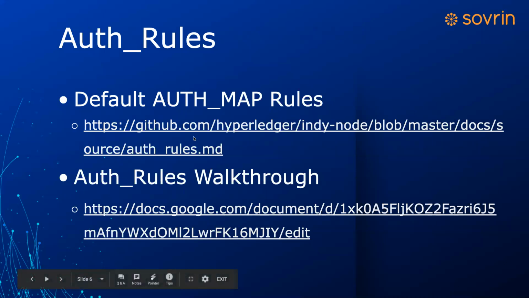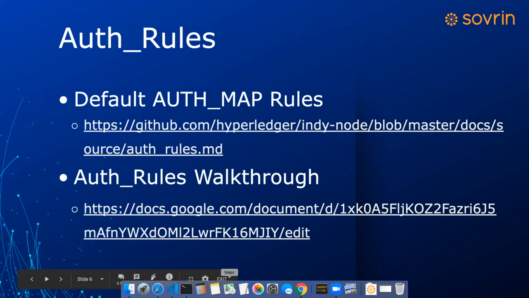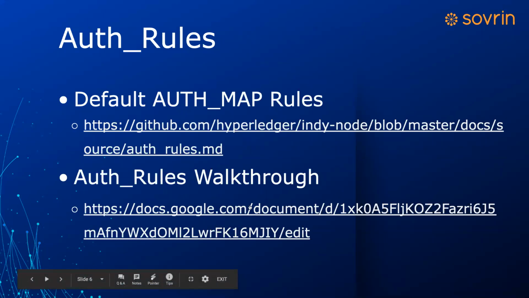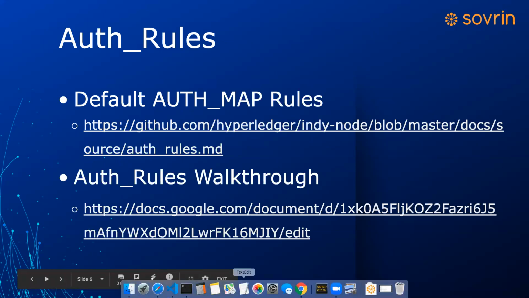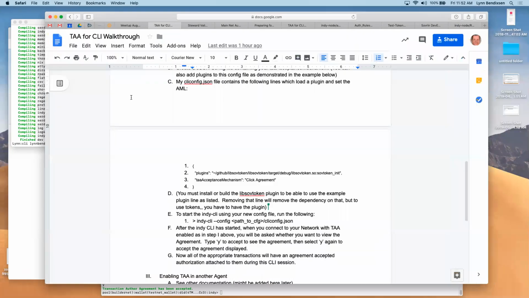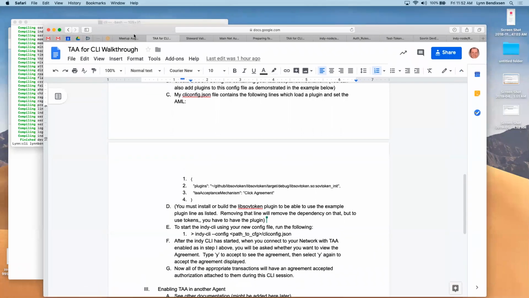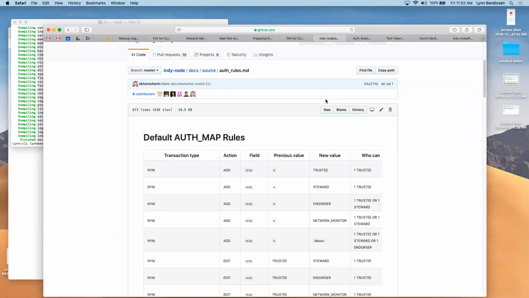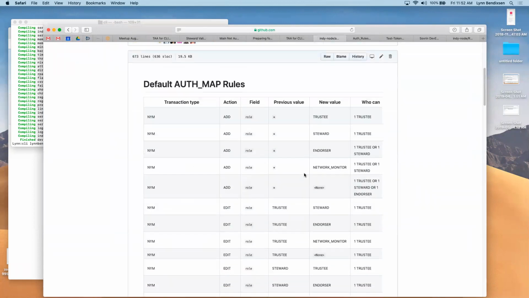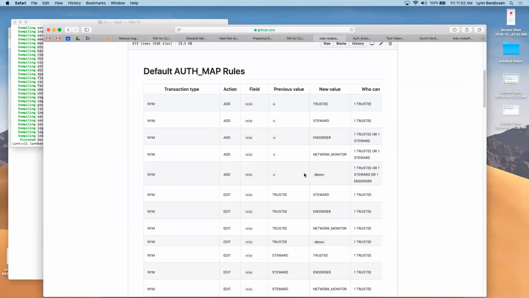And the default auth map rules is linked to here. That's the thing that shows us the rules, though I don't know why it's called auth map rules.